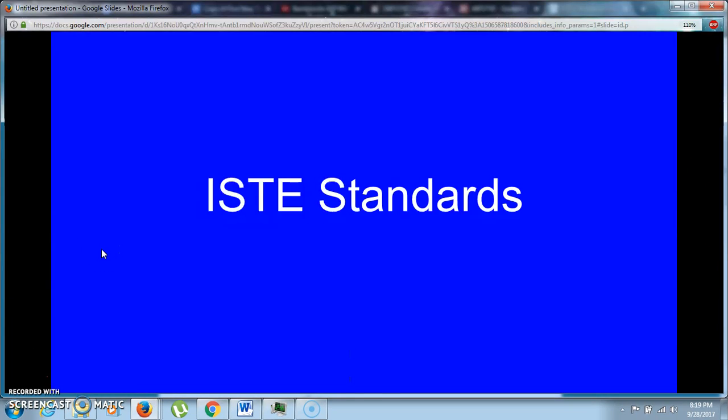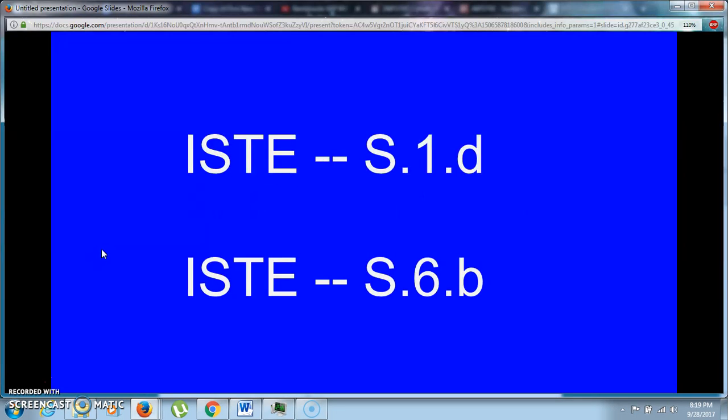For Prezi, I've chosen two ISTE standards I'd like to present. I chose both from the student section of the standards, S1D and S6B. I think Prezi is a wonderful way for students to show their aptitude for using technology in a self-guided way and being able to create something really interesting that they can be proud of in the classroom and in their